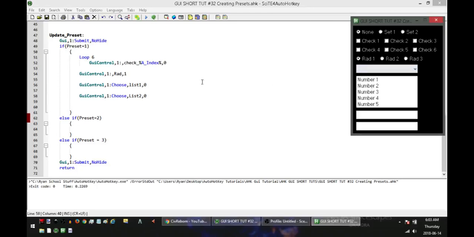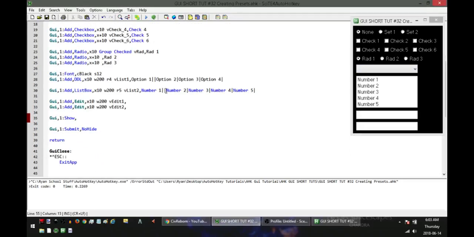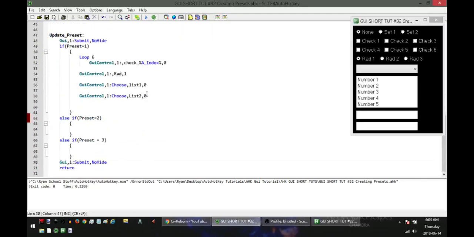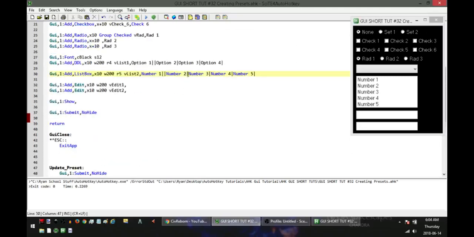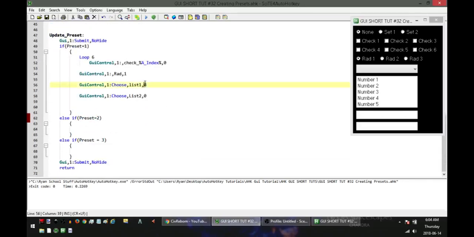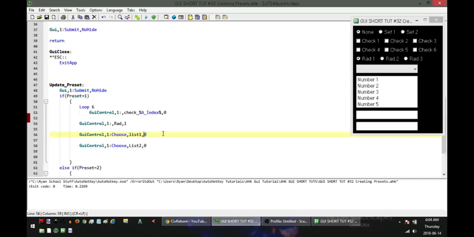So that's an option if you want it, but then again, you wouldn't have the double pipes with it. If you're going to use the double pipes to select one of these items to be your default, then the thing you're going to revert to when you're not using any of the presets is probably the thing that you have selected up here, which is number 1 and option 1. So for this one,